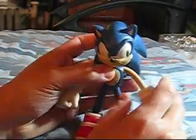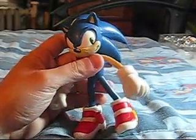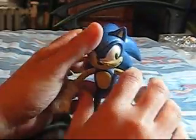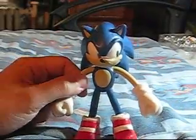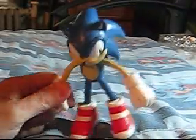And I'm not going to force him because this figure is almost 10 years old, and I do not want to have preserved this figure for 10 years only to accidentally break it while showcasing it. Okay, so